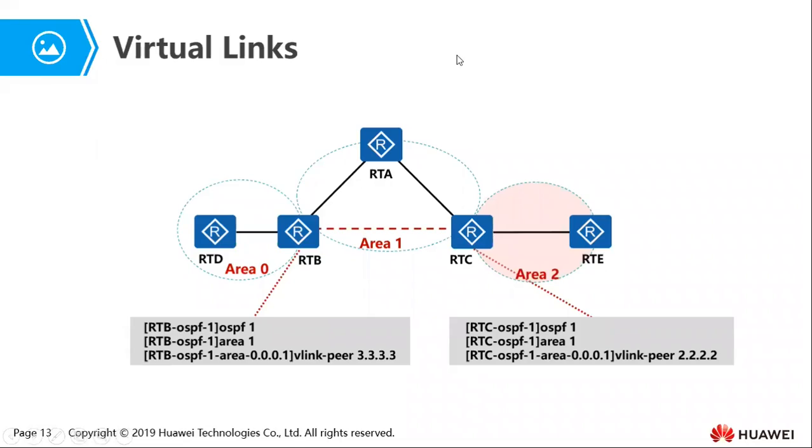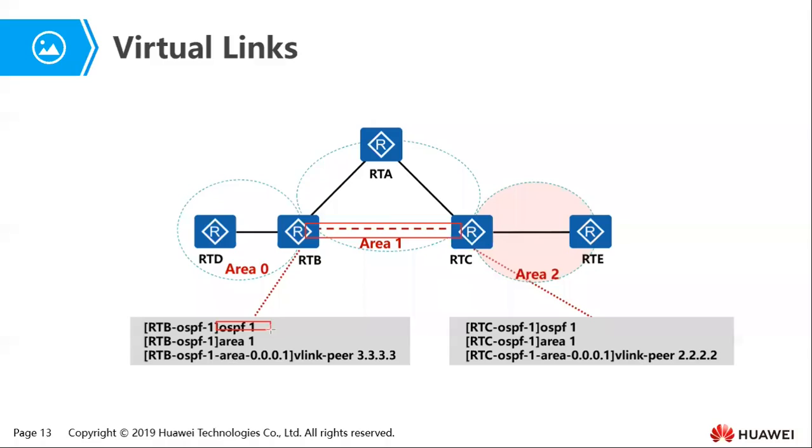In this particular example, we want to connect area 2 to area 0 via what we call a virtual link. Normally, a virtual link is set up between two ABRs, one connected to that area and another connected to the backbone area, like what we are seeing here. So how do we do that? If we want to create a virtual link between RTC and RTB to interconnect area 2 and area 0,